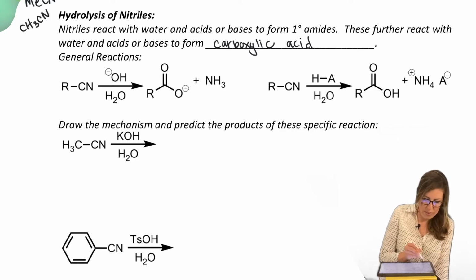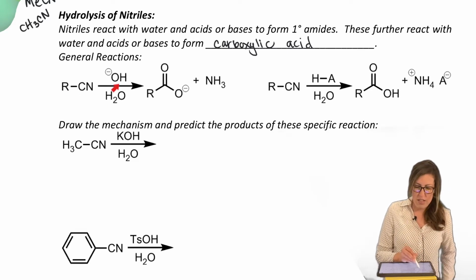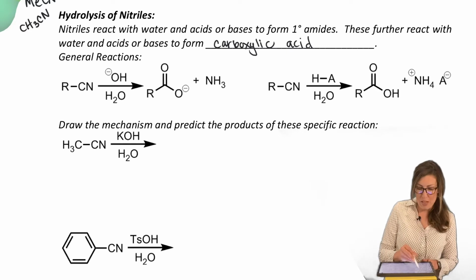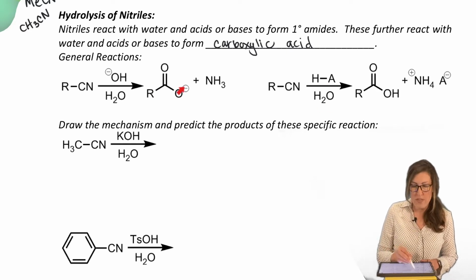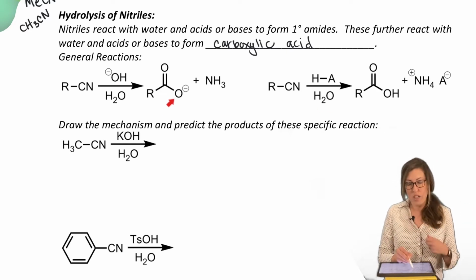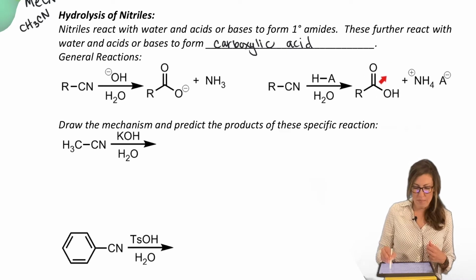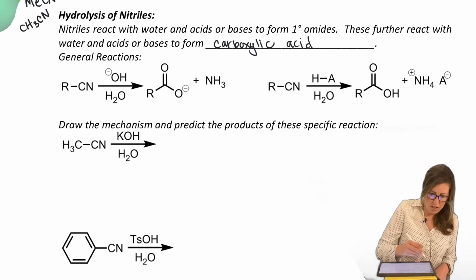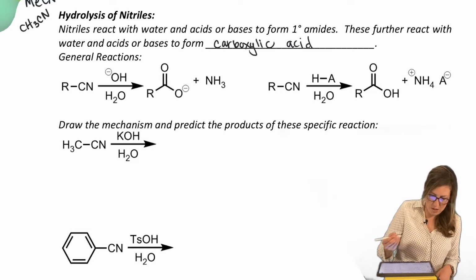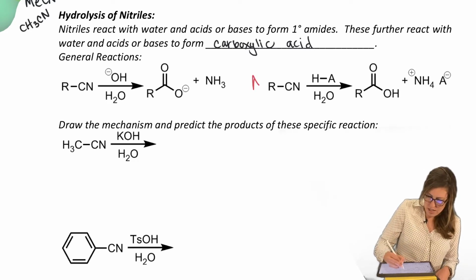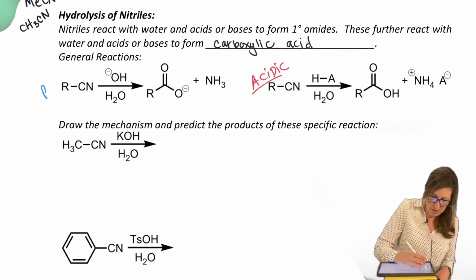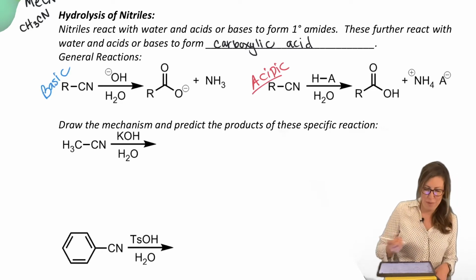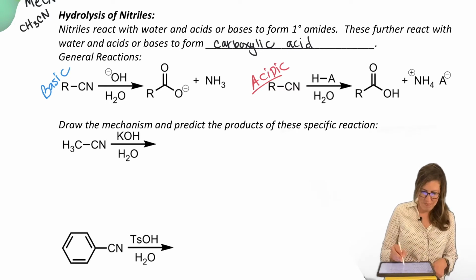So here we go. The nitrile in the presence of acidic water or basic water will give us a carboxylate, which could then be neutralized in workup to form the carboxylic acid. So either one of these scenarios, let's write out acidic and basic. Acidic is usually red, and basic is usually blue, at least on litmus paper, right? Okay.